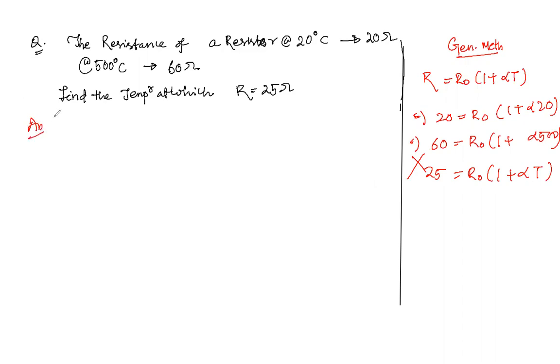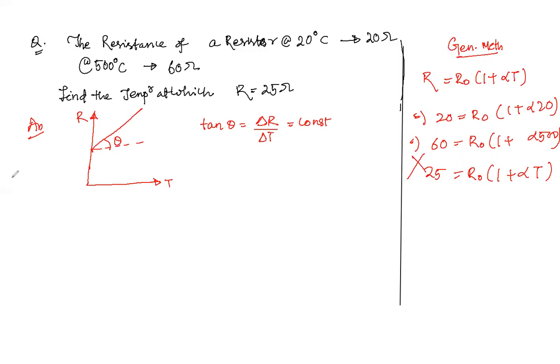You know that the dependence of the resistance on the temperature is always linear. So if we draw a graph between the resistance and the temperature, this one is temperature, this is the resistance. It should always be a straight line whose slope is constant. So this theta is always constant. This tan theta is the slope, which is del R by del T. This is always constant. So let us make a table over here and see how to solve the question.